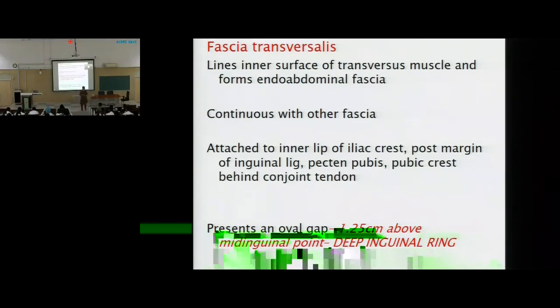Okay, why is this not seen? Because this muscle is being covered by the rectus sheath. That rectus sheath is being formed by the aponeurosis of the external oblique, internal oblique, and transversus abdominis. Behind it will be the fascia transversalis. So, fascia transversalis, you know that it is going to lie in the